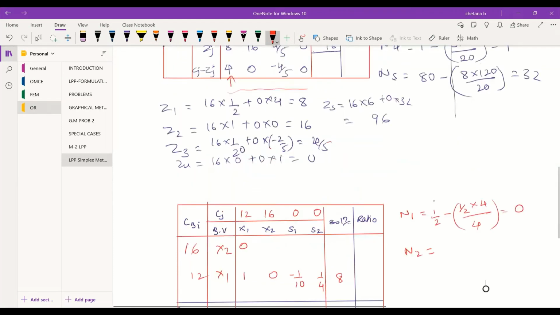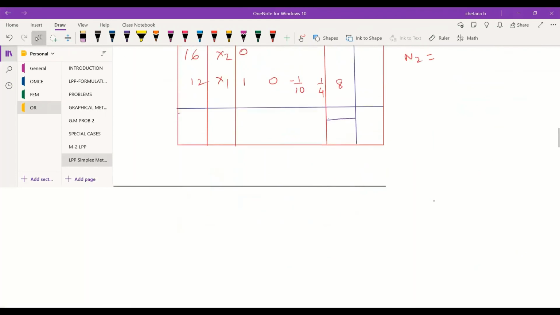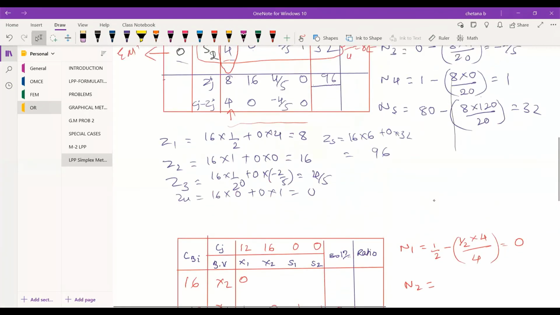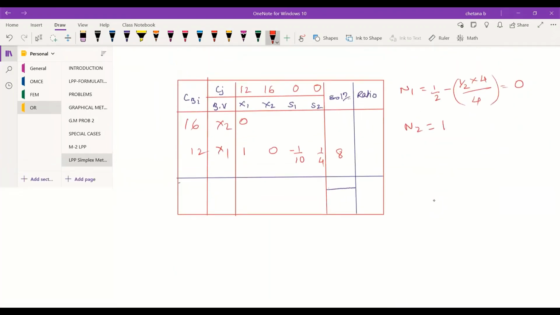Similarly, N2. What is the value? 1. Just 1 minus the column value, which will be the same. This and this will be the same for the entire row. Only this will get changed and this will get changed.